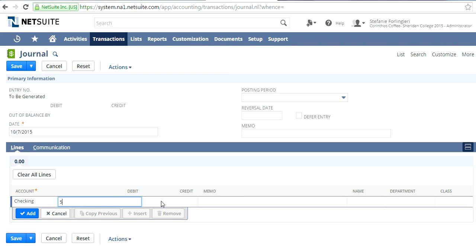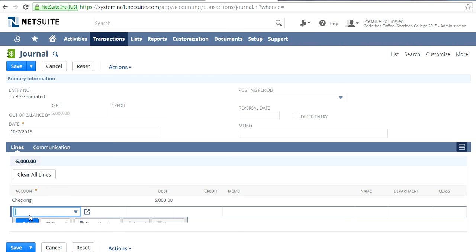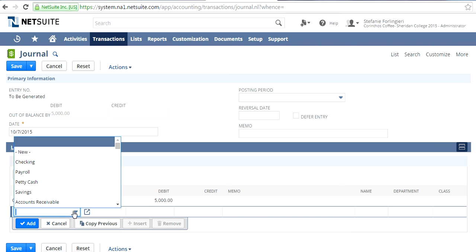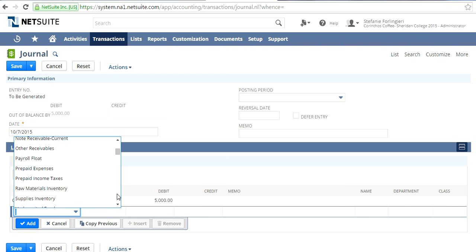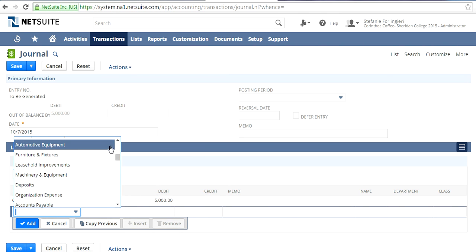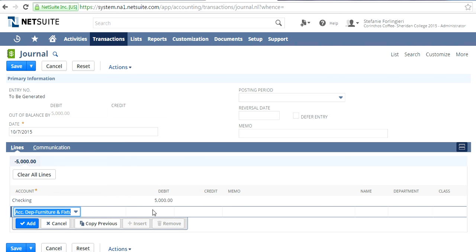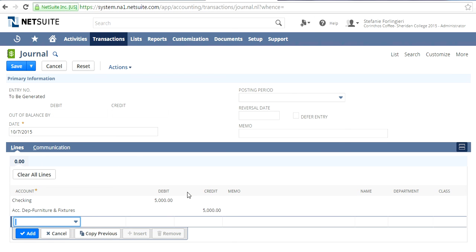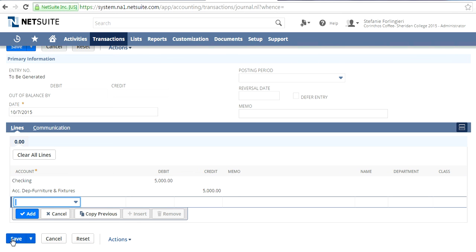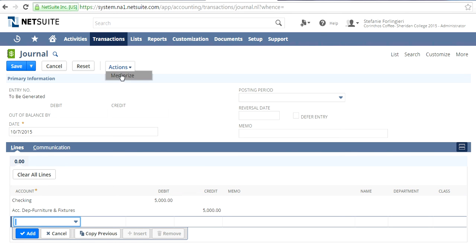And I'm going to say 5,000, and I'm going to say add. This journal entry makes no sense, but let's just leave it for now. There we go. And now if I say save or memorize,